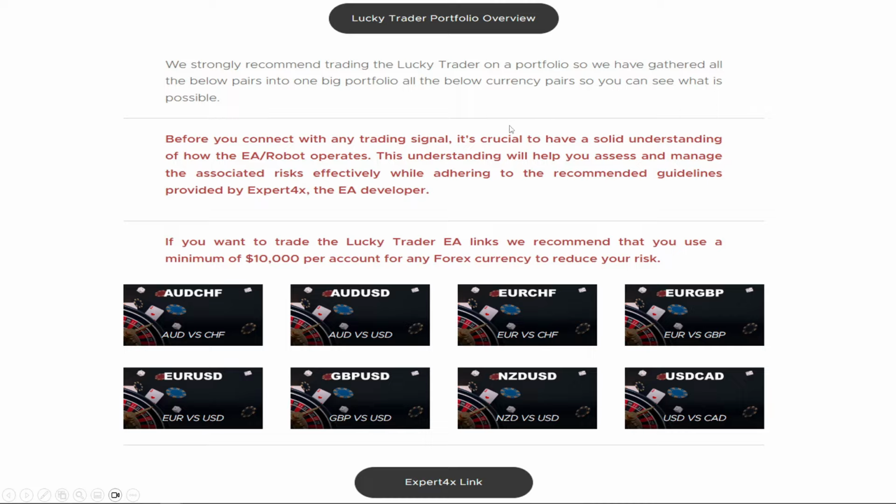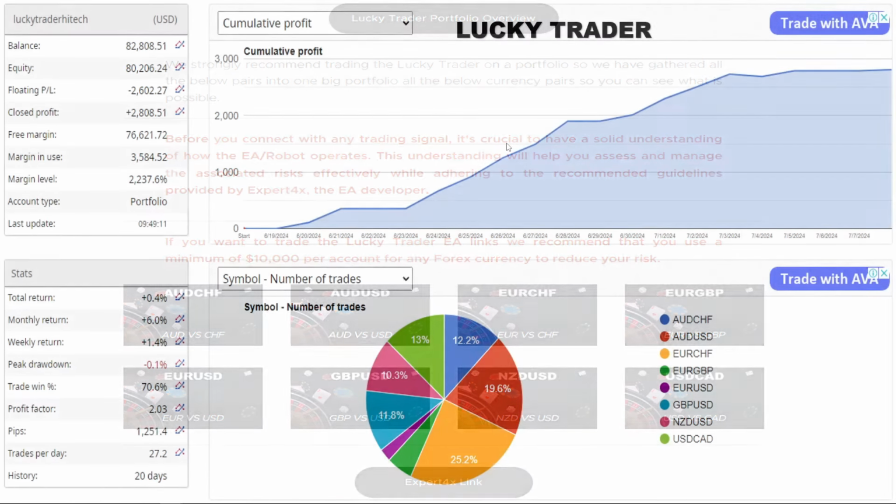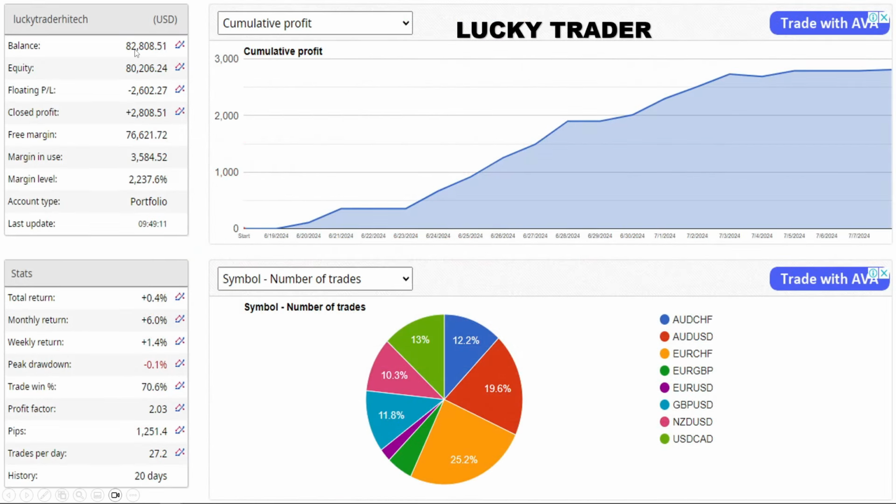It's part of the testing program that Expert Forex has, and it should be running until the 20th of July in this particular month so far. So the numbers that we have, and we have EAs on $10,000 accounts, it was doing quite well, so the balance has gone up. But look at the equity. Floating profit is now 2,600 in minus,